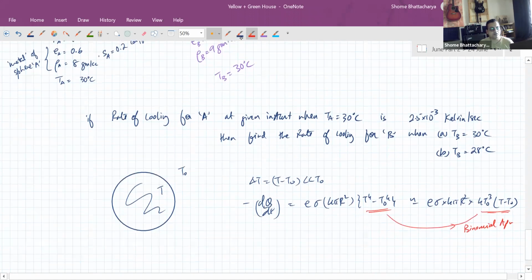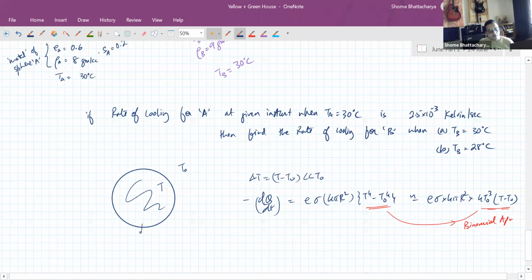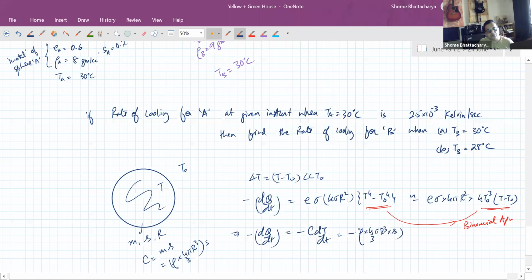Meanwhile, on the left hand side, if the sphere has mass m, specific heat capacity s, and radius r, then the heat capacity is m into s. That is density into 4 by 3 pi r cube into s. So minus dQ by dt, which is minus of heat capacity into dT by dt, will become minus of density into 4 by 3 pi r cube into specific heat capacity, and that should be equal to E sigma into 4 pi r square